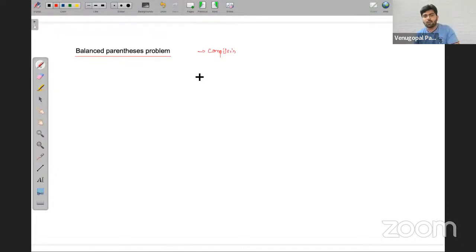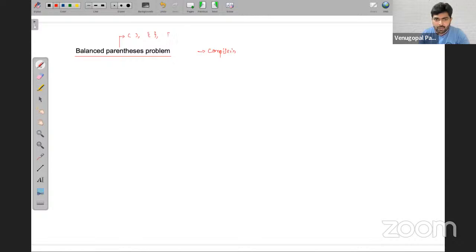First, let's understand what this problem is saying. The balanced parenthesis problem says, if they give any expression, parenthesis means a total of three types of brackets. First is the normal bracket, open and closed. Second is the flower bracket.